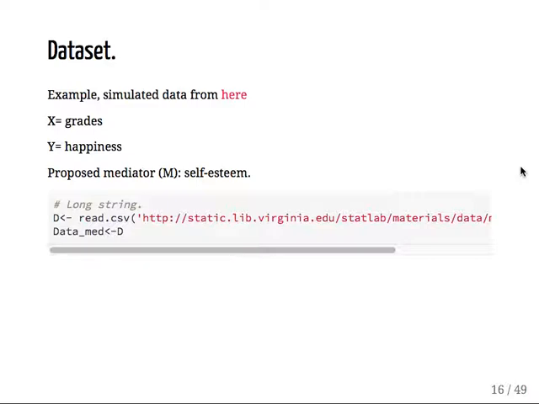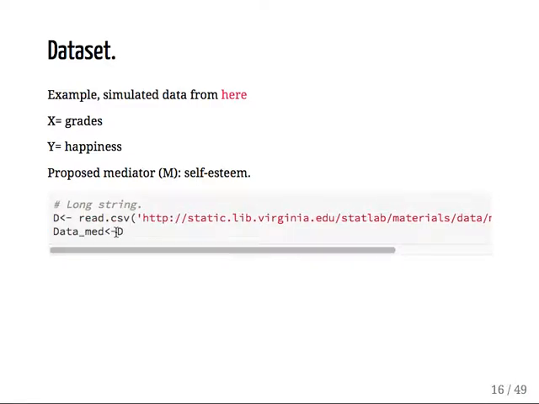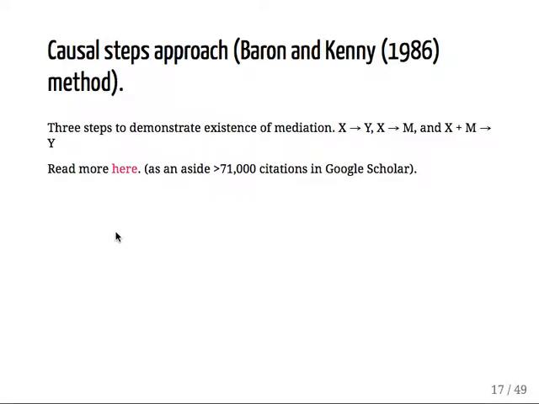D because it's a very, very long string, and in order to save some space. So you can see it's very long. That's why I call it D, and then I just call it data underscore met to override that object to have something with a more sensible name. Okay, so the first way in which we can do mediation is one of the oldest ways, which is